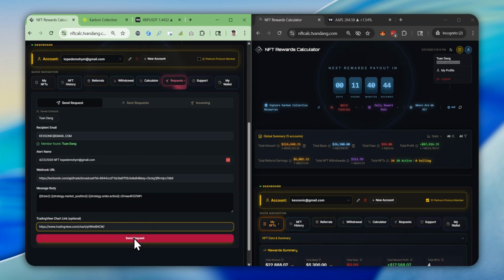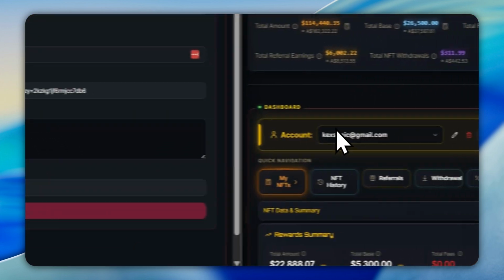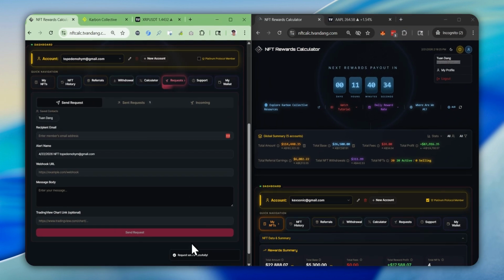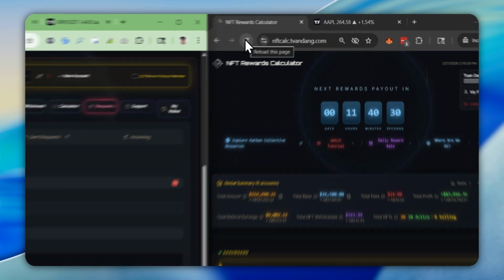I'm going to send the request to this address right here, which is this guy here, Tuan. Okay, so I'm going to send. Request sent successfully. So when you log in, I'm just going to refresh this. When Tuan logs in,